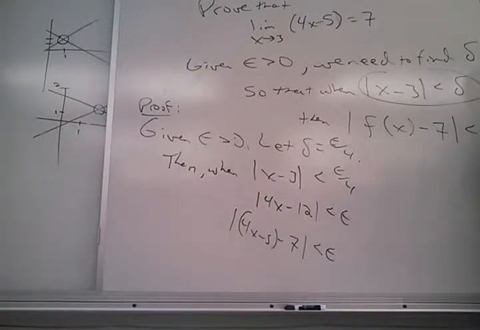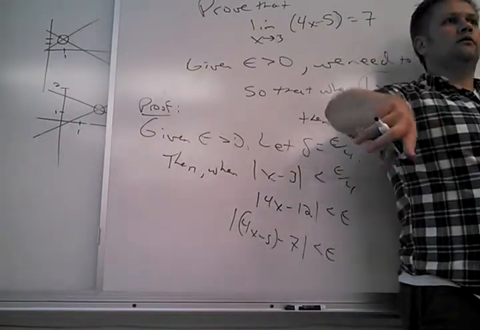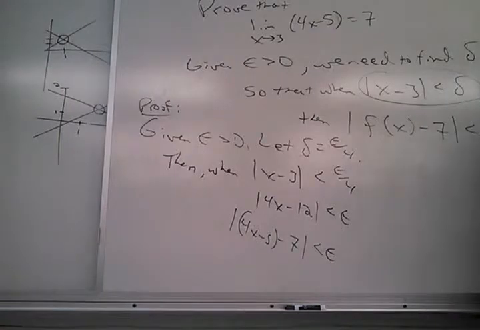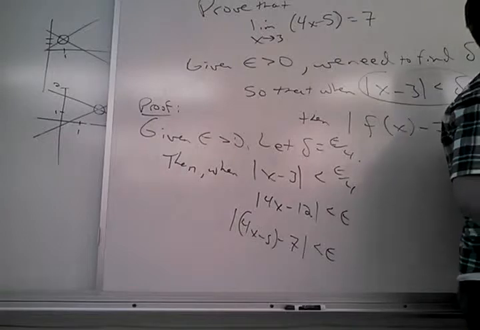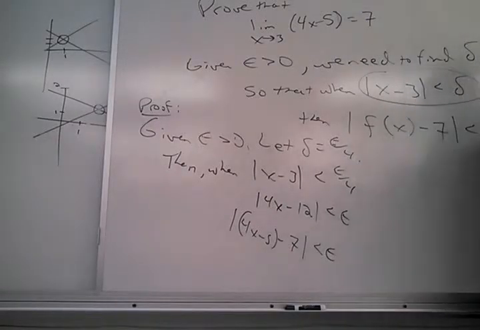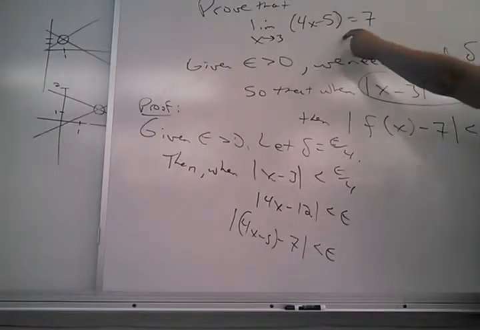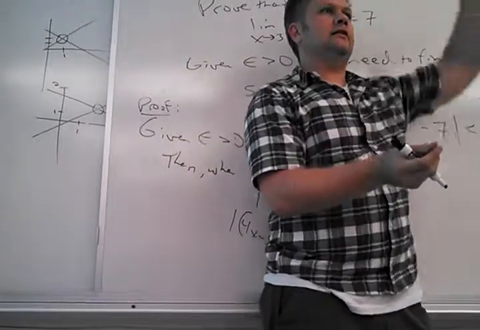So now I wrote it down what it's supposed to be. I realized it's supposed to be underneath. 8 in both directions. So if I am within 2 of 3, then I have to be within 8 of the output, right? And that's kind of like marrying it with what we did earlier. So sure enough, real quick, what is f of 1? f of 1 is -1. And what is f of 5? 15. Now, it's just because this is a linear function that this is exactly the right thing.